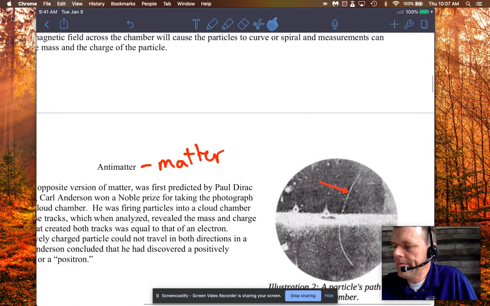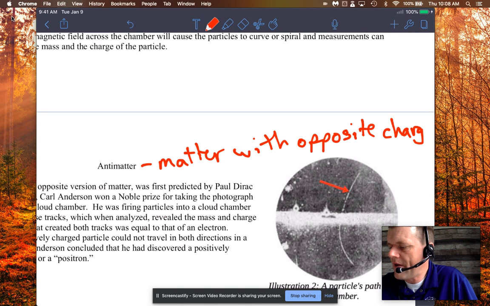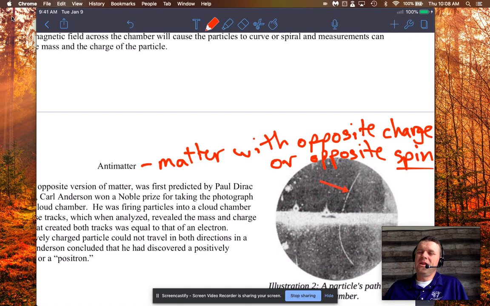And it can be, if matter doesn't already have a charge, then it can be basically understood as something with opposite spin. Okay. Now, spin is honestly, for me, still a little vague. That's a concept I've got to wrap my head around. But effectively, you can think of it as an object, like a subatomic particle, that could be spinning clockwise or counterclockwise. That's maybe as simple as I can do for you at the moment.